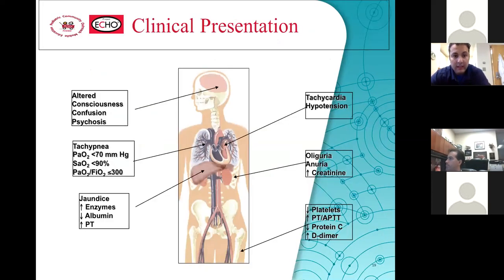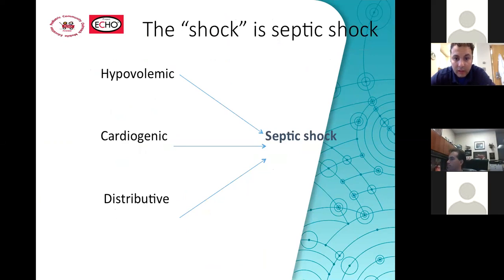You guys have seen this, you know it very well. Sepsis and septic shock affect every organ, starting from the brain, and can present with altered mental status in pediatrics, confusion, and affect the lung, the heart, the kidney, the liver, and the hematological system. So we may not talk in detail about this, but before moving quickly to the treatment, I think it's very important to recognize our septic shock pediatric patient.